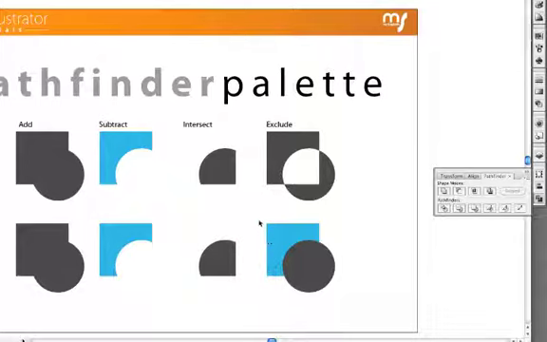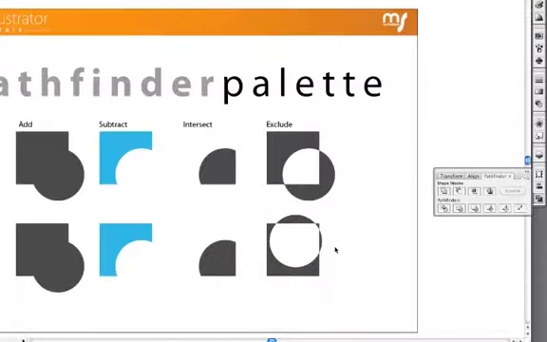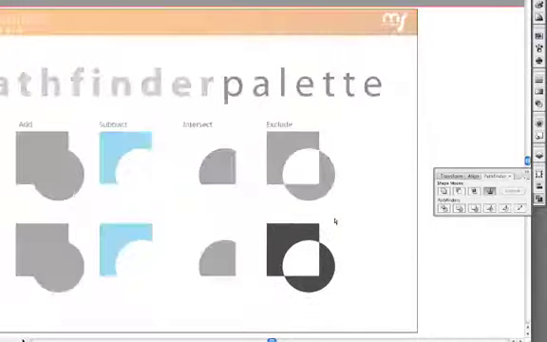Now let's go and do the exclude. Same thing. Click exclude. I can come over, I can double click, and I can move the compound shape a little bit. And it does a little flip-flop. Wherever they cross, it eliminates, and wherever they don't, it creates. I haven't used this one that much. Play around with it. It's pretty cool if you're trying to do some cool looks, but don't use that one